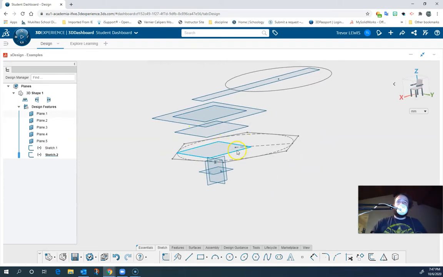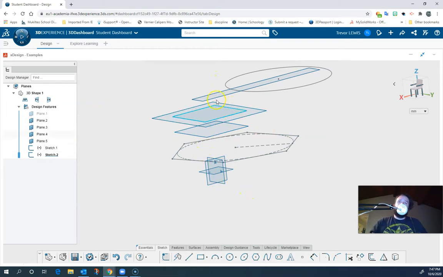You can also hide the plane. If I click on the plane, I get some options here. I can start a new sketch. I can create a reference plane from that plane, although this is not working from other reference planes right now. Hopefully that'll be fixed in an update in the future. Or I could hide the plane. When I hide the plane, I still see the sketch that's in the plane, but that little blue square that defines the plane is gone. I like to do that after I've used the plane sometimes